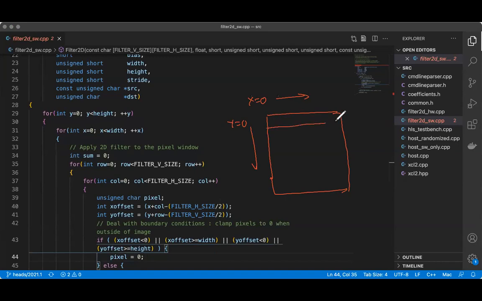So you first visit this row, then the second row: y equal to 0, y equal to 1, y equal to 2, and so on. You are scanning the source image row by row. These are the outer two loops: this is the first loop, and this is the second loop.